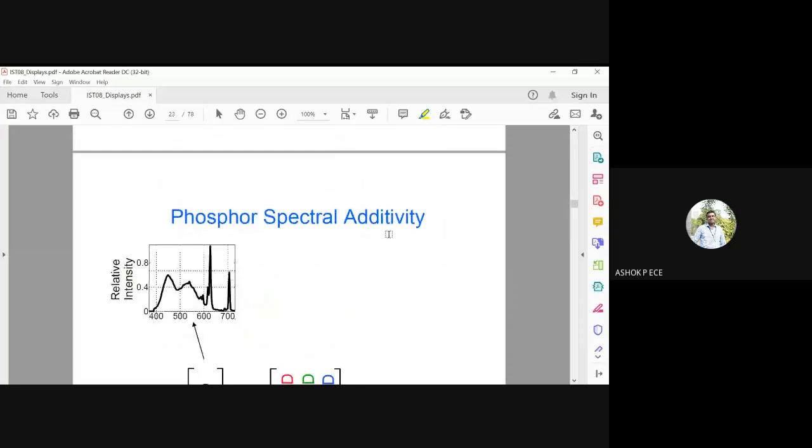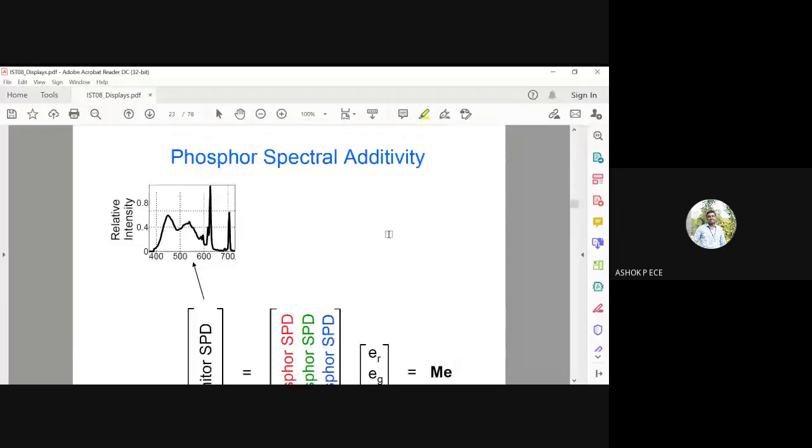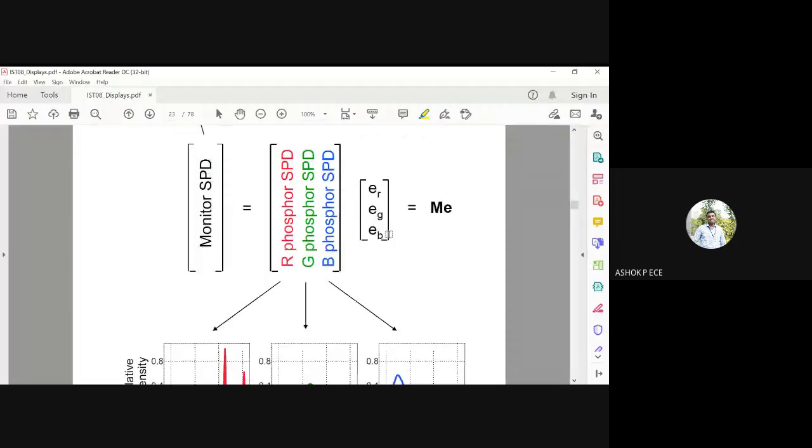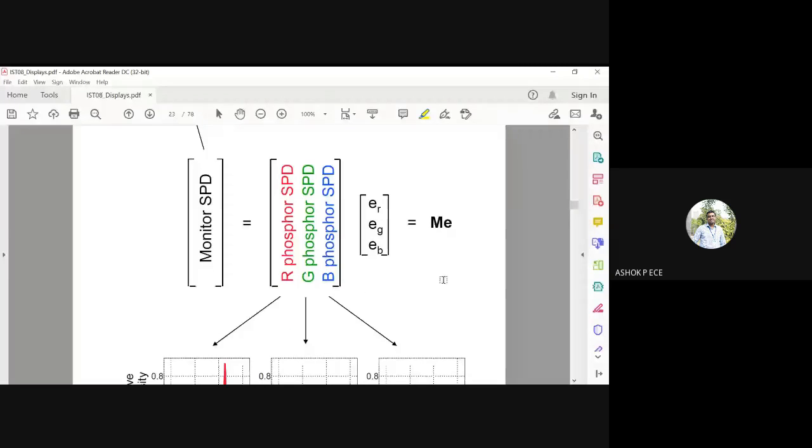So spectral additivity: because of the phosphor screen you are using, some additivity is added by the phosphor. For that, the monitor spectral density will be equal to the individual color spectral density multiplied by ER, EG, and EB, where E is the relative intensity.